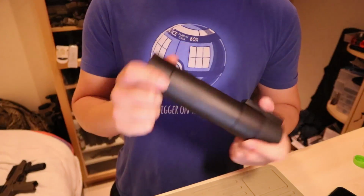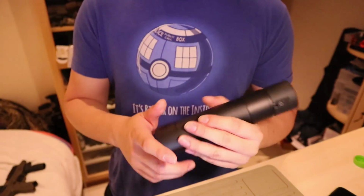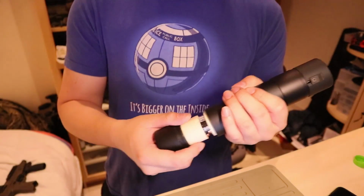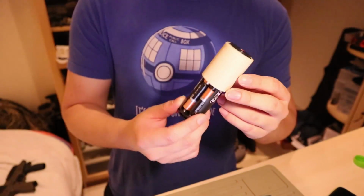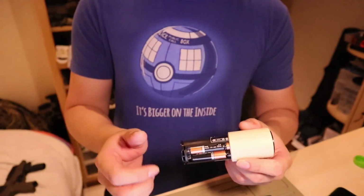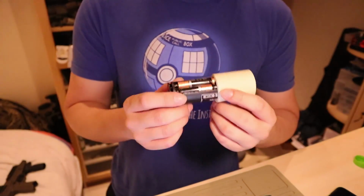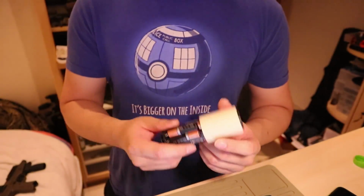if you want to install a tracer into this, there are several different methods. You can basically use any tracer unit. I personally prefer to use the ACETECH AT2000 tracer module, which I have right over here. This is basically my favorite tracer module because it works, it's very reliable, it's very durable. I use it for my Gasselbacks, I use it for my Polar Star, I use it for my other SMGs as well. It is a little big, it is a little heavy, because it uses 4 AAA batteries, but it